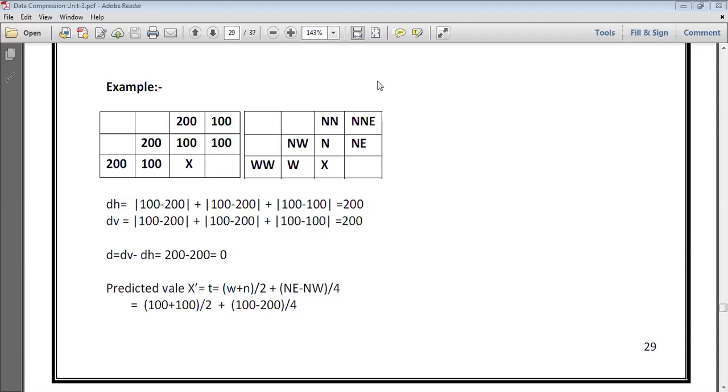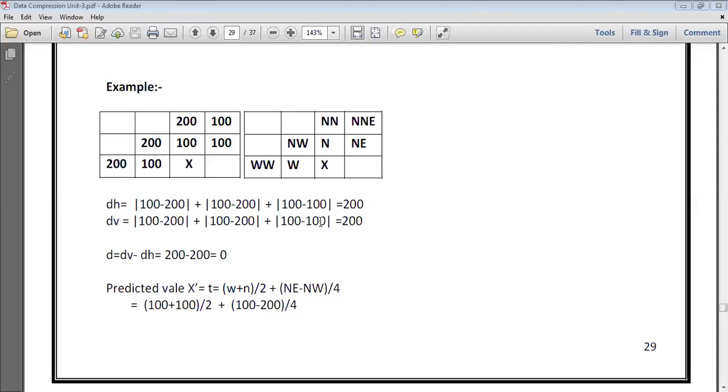ये हमारा एग्जाम्पल था। तो पिछले लेक्चर में हमने इस एग्जाम्पल को सॉल्व किया था, तो आप लोगों को फॉर्मूला बताया था हाउ वी विल कैलकुलेट डीएच वैल्यू एंड हाउ वी विल कैलकुलेट डीवी वैल्यू। सो कैलकुलेशन के बाद डीएच इज अ 200 एंड डीवी इज अ 200।